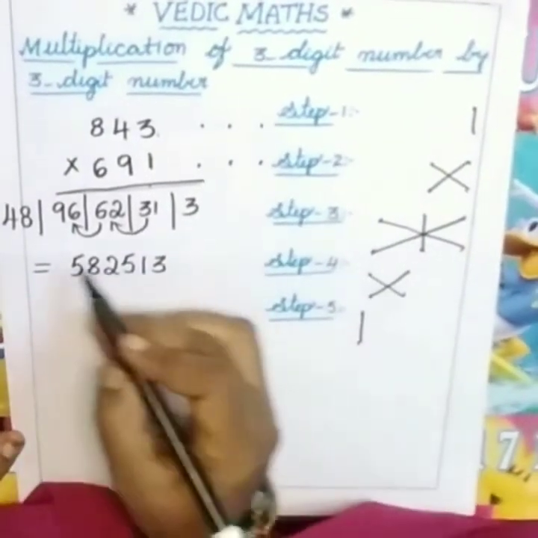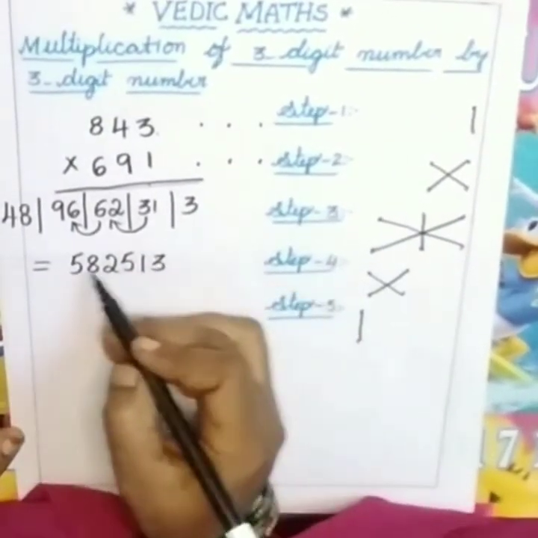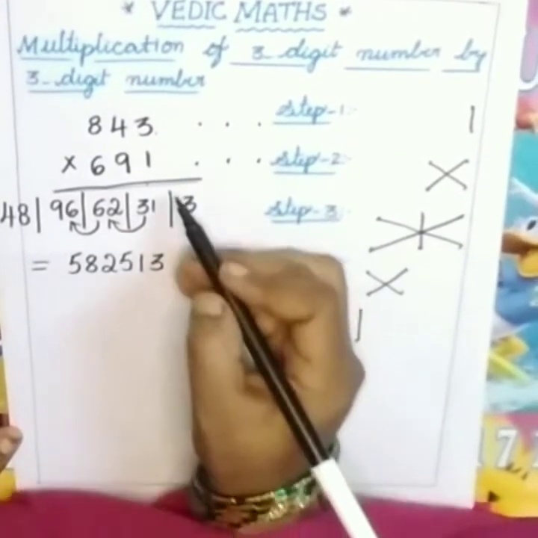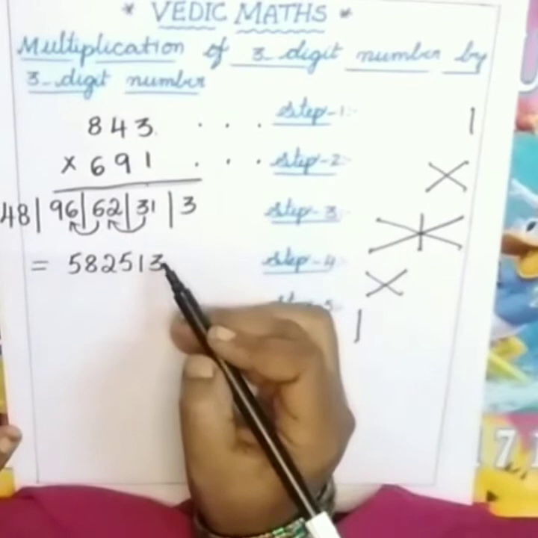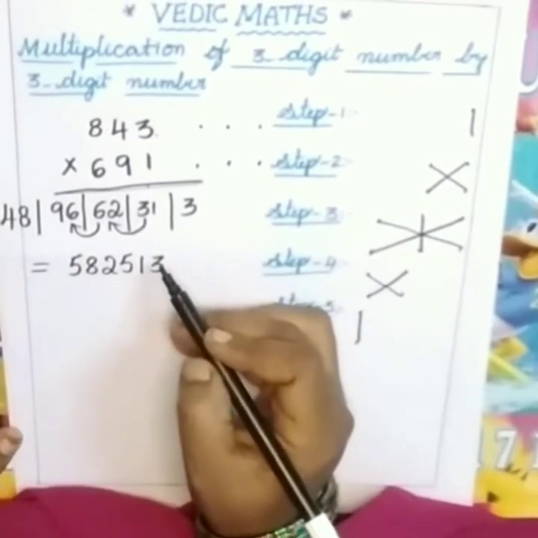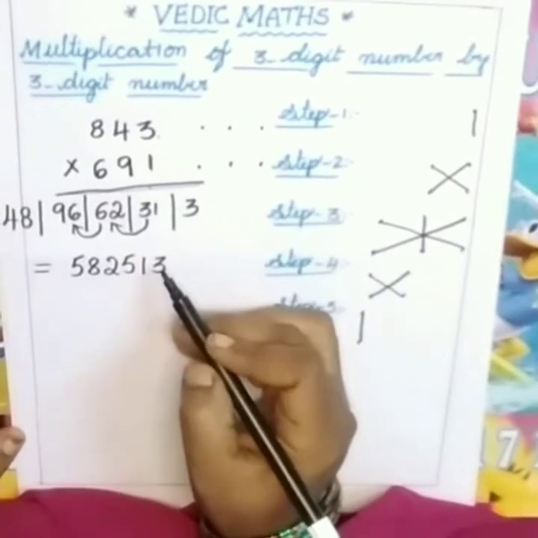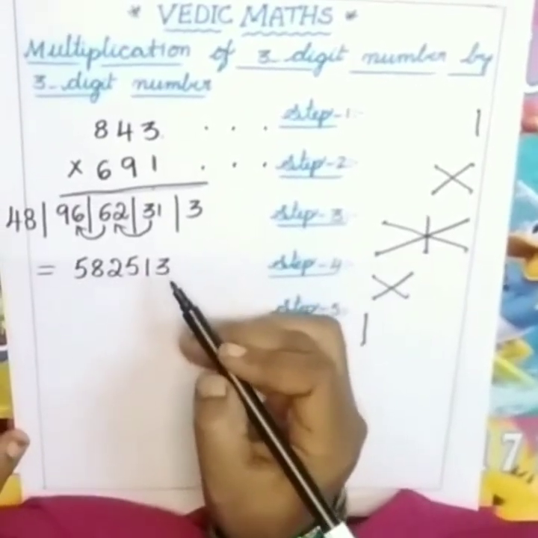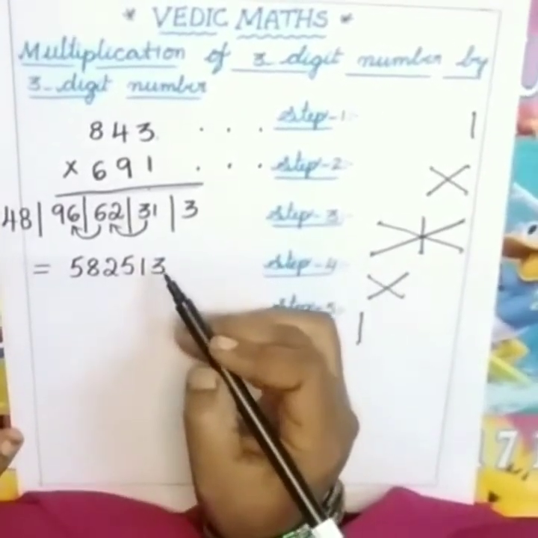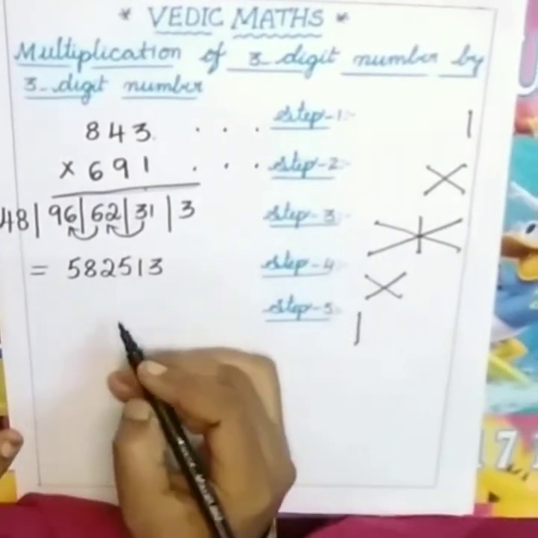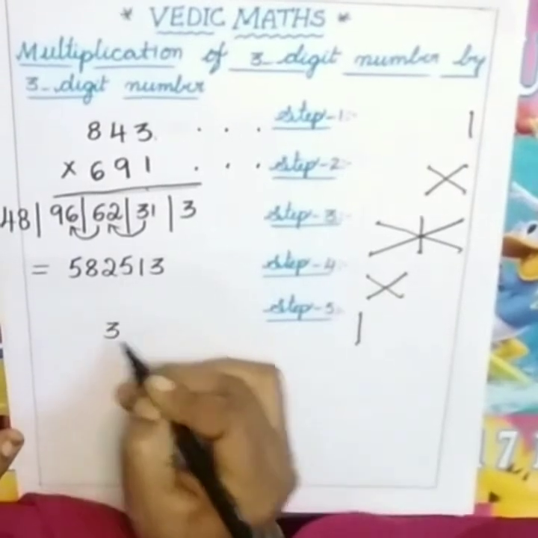So what is this? I have used a technique, that is the balancing technique in Vedic mathematics. By using the balancing technique, we can do this 3 by 3 multiplication as well as 2 by 2 multiplication, and in so many areas we can use this balancing technique. I already gave a link in the previous videos, so please go through that to get a better understanding. Now like this we will get the answer. Now one more question I will explain to you.